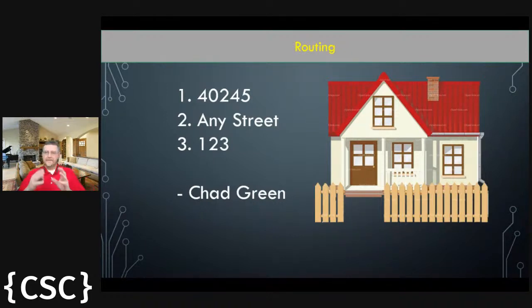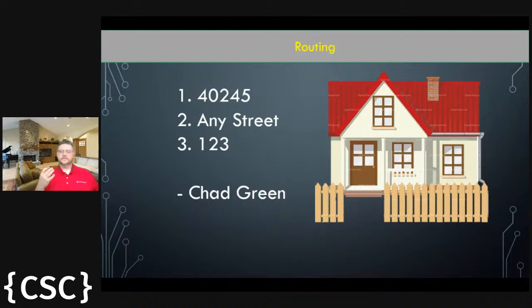And that mailbox is acting as that border, and then somebody's going to bring that mail into the house and spread it out to maybe Chad's wife, daughter, whatever, as appropriate, right? So that's where that kind of boundary comes in when we talk about routing. Because what if Chad is hollering for his wife in the other room? Well, there's no sense for that information to go outside the door and get routed back in. It stays inside the house. So it stays inside that network, that local area network.